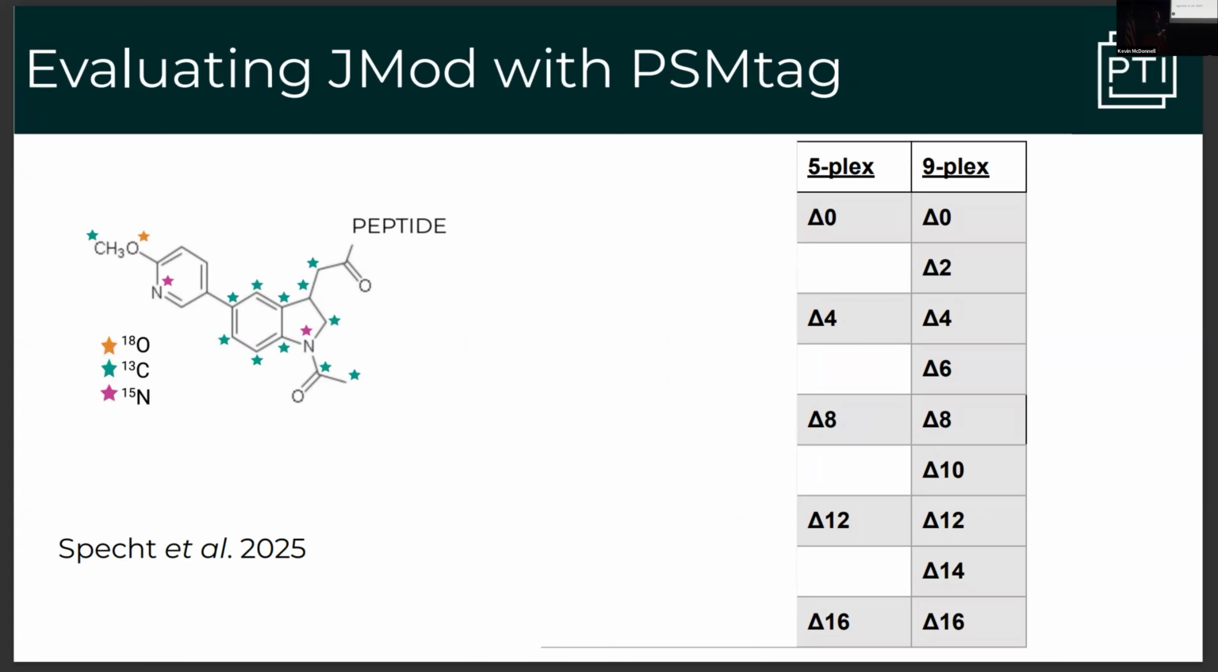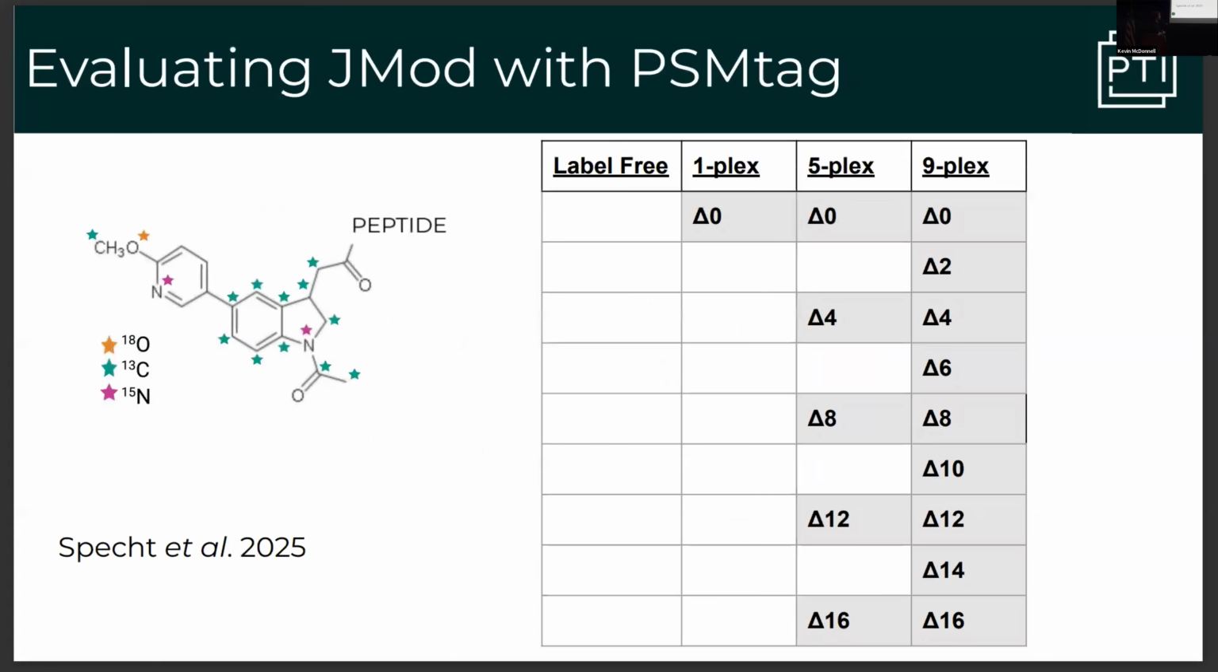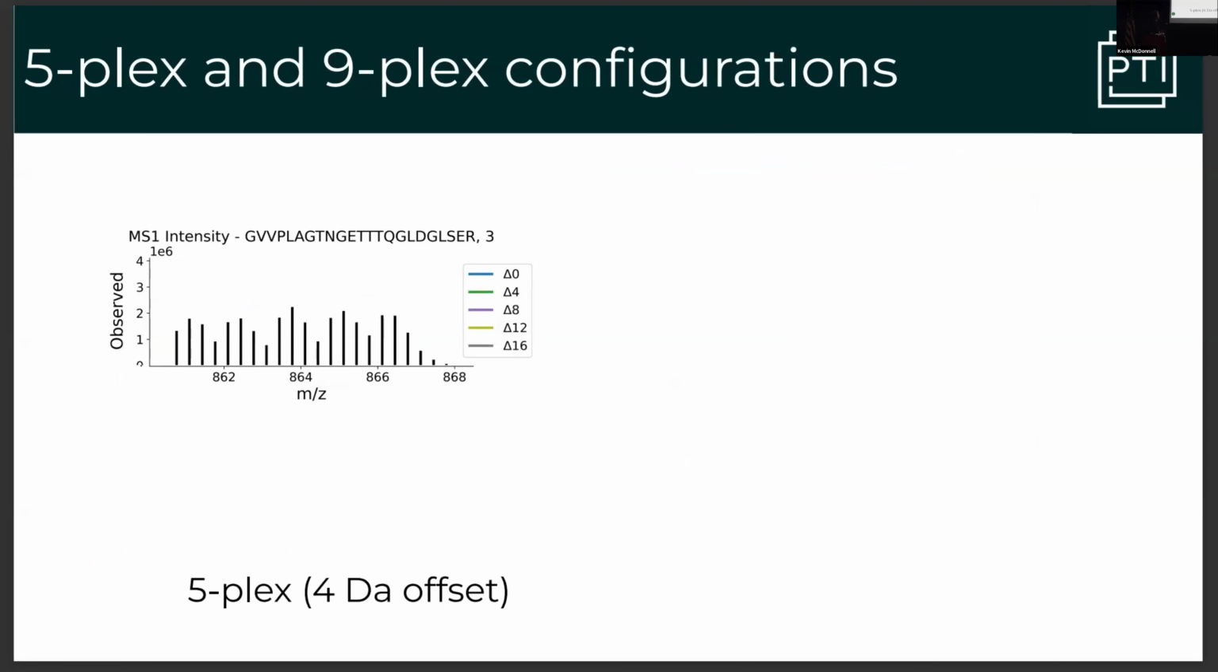And so that's what we did. We evaluated JMod with its ability to model this overlap induced by these overlapping isotopes. And we also just compared it to label-free and to a 1-plex to give you an indication of how the performance is doing. So to visualize this, here is a real observed MS1 signal from this very nice long